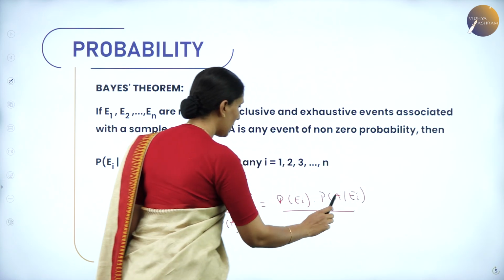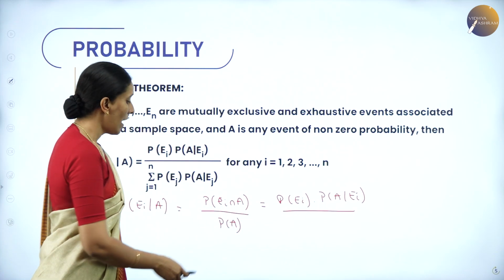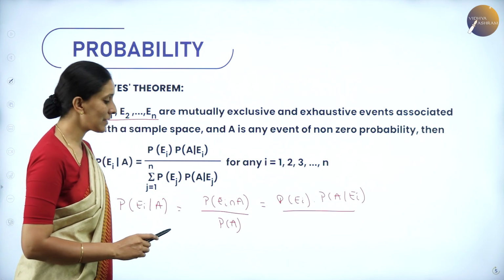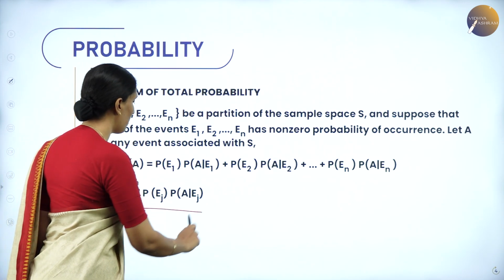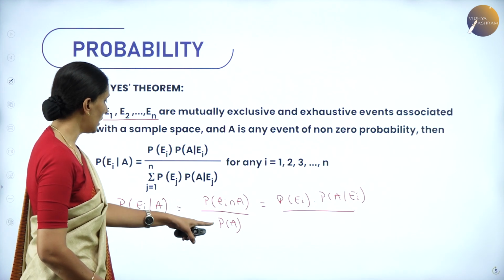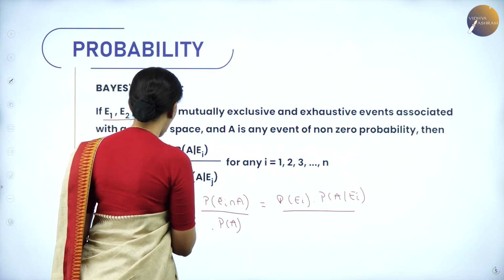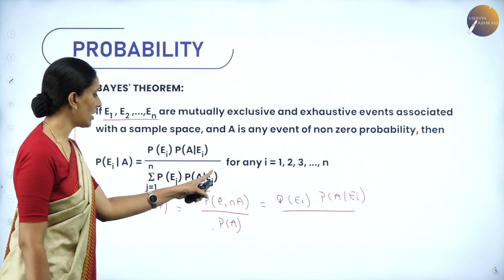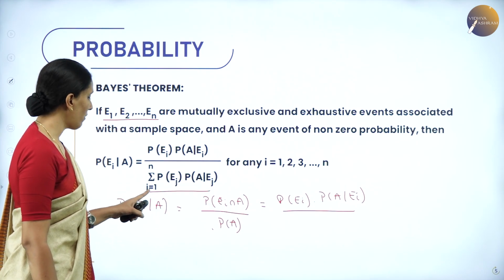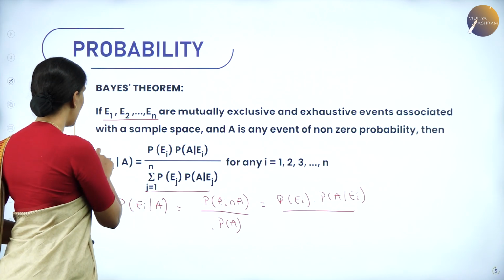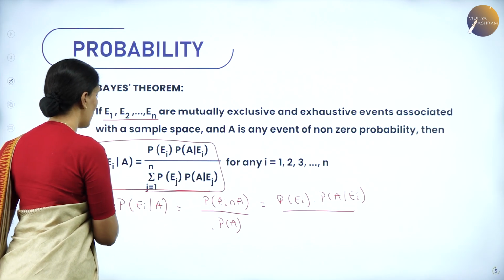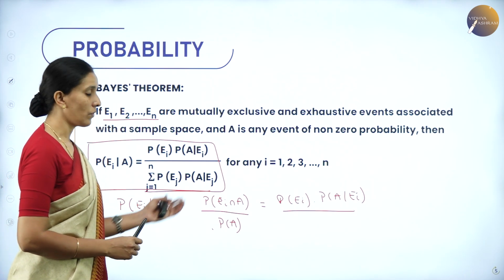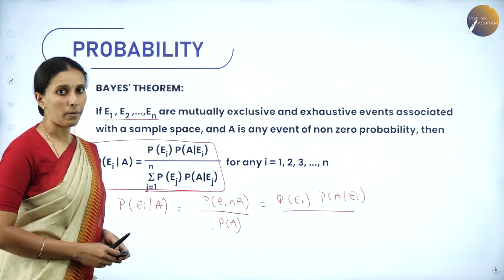So using the multiplication theorem of probability, and we know that the probability of an event A with the partition of a sample space is given by the total probability. So therefore this can be replaced by this: probability of Ej, probability of A given Ej is already happened, j varies from 1 to n. So this is the Bayes theorem, which is derived from the conditional as well as the multiplication theorem on probability.